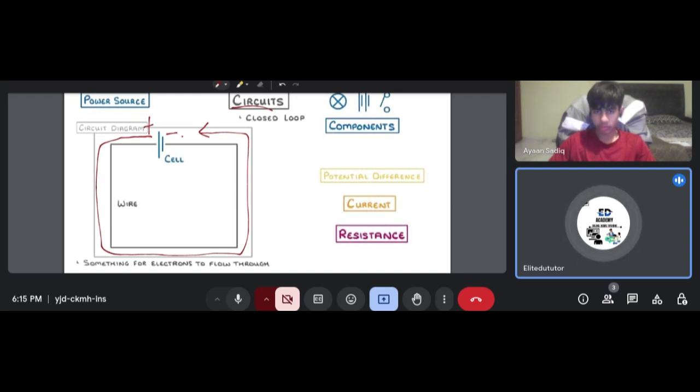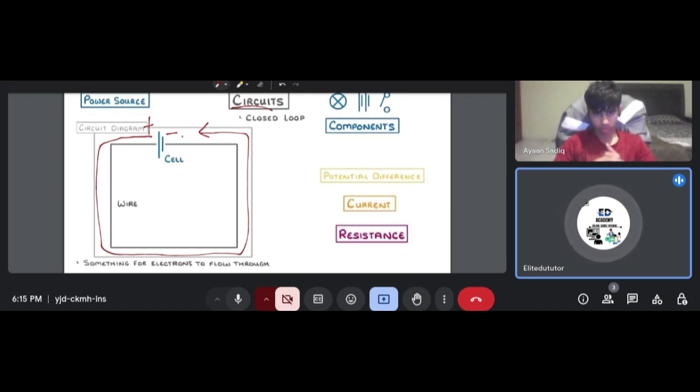Now in current, in a circuit, there is no height, there is not a concept of height. There is a concept of a source, there is a concept of the charges, there is a concept of electron flow. Okay, so what is the concept of electron flow? When the positive charges are moving from the charges,